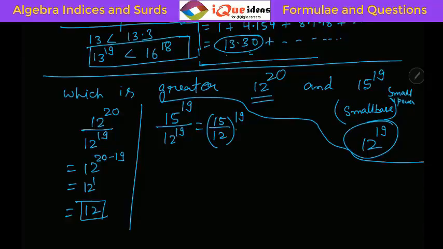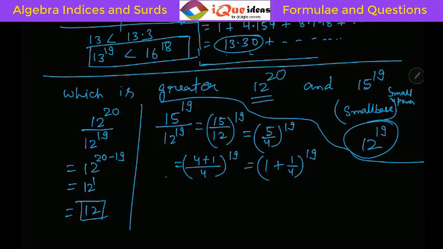Alright. Now 15 by 12 is actually 5 by 4 whole to the power 19. Now 5 by 4 can be written as 4 plus 1 upon 4 to the power 19, and that is 1 plus 1 by 4 raised to the power 19. Alright, so if I apply the binomial theorem again, the first term is 1